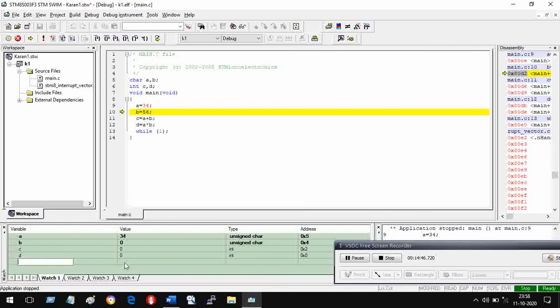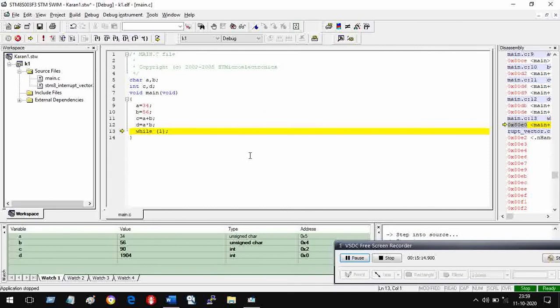So A has been assigned value 34. Initially it was 0. Now I go to another step again. Then B will become 56. Watch B here, it should become 56. So step by step we move and we come to this.